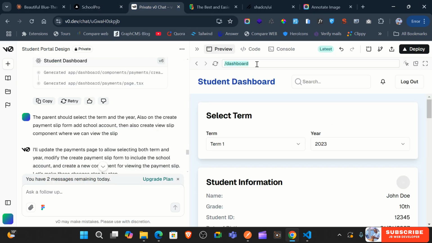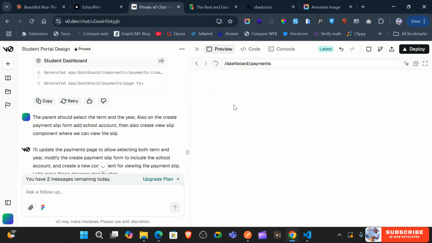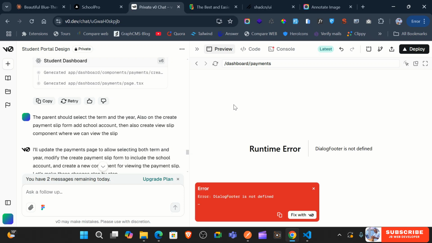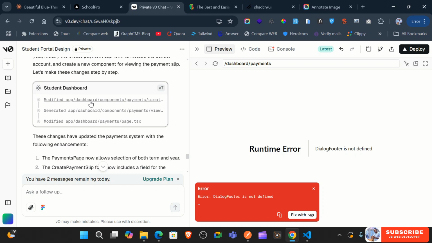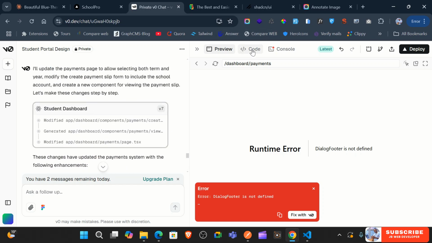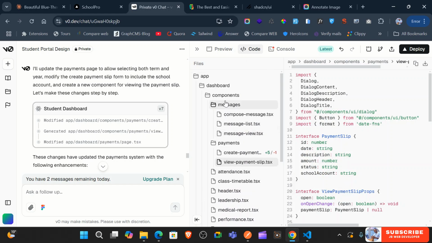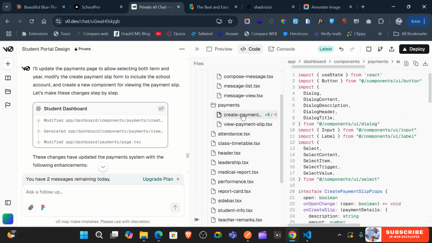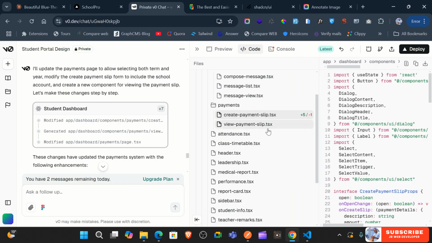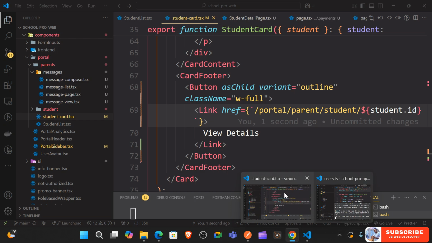Apart from that, let's just go and see now the payments. See if there is something that changed. It is having the error. I believe we can fix that. Let me just go and get the payments. So we have the payments, which also have these payments. Copy this. So we have this create and view payment slip. Copy this, and let's go back here